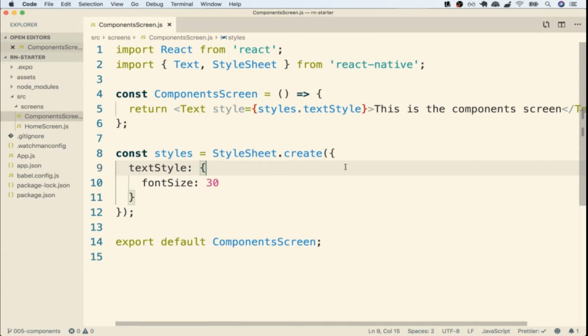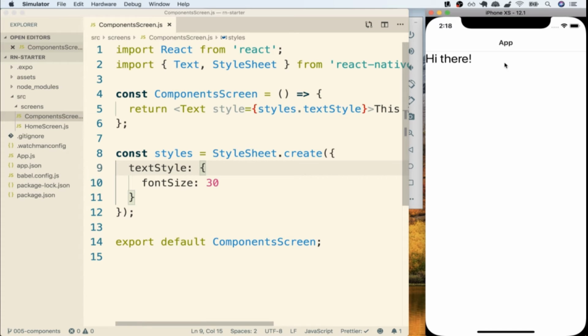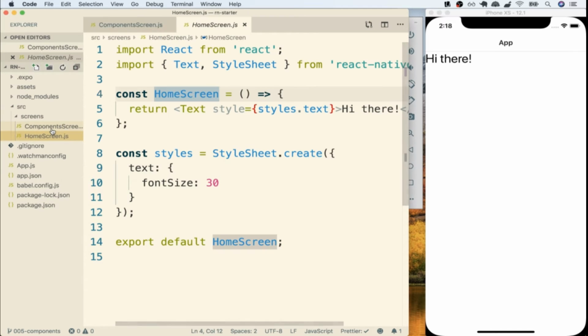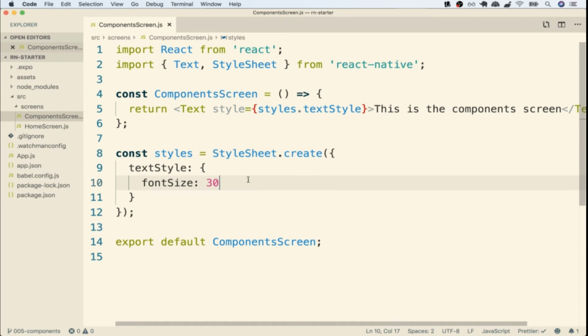We just created our first component, and now we need to tell React Native that we want this component to show up on the screen of our device. Until we do so, we're going to continue to see the default content of the home screen, which is right here. All right, so to tell React Native that we want to show this component on the screen, I'm going